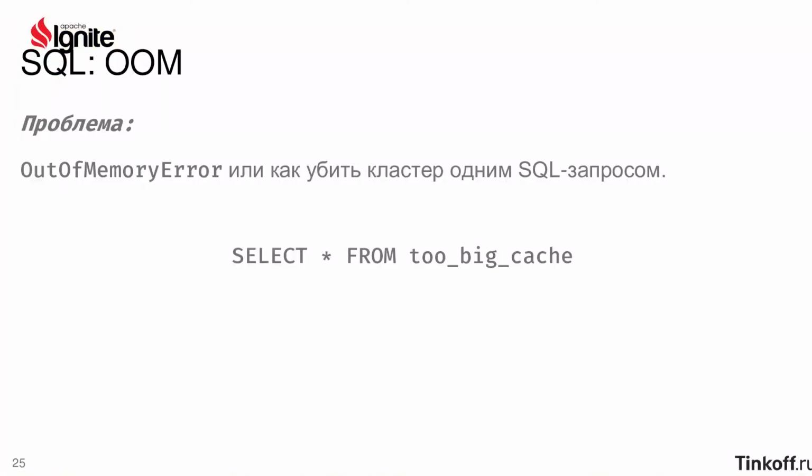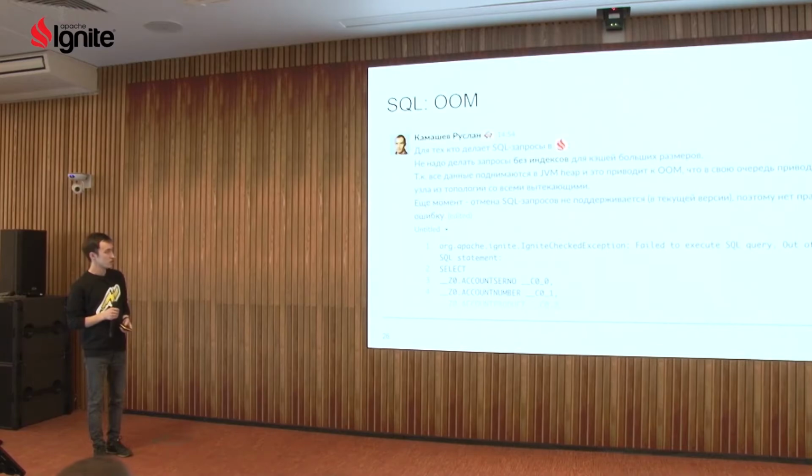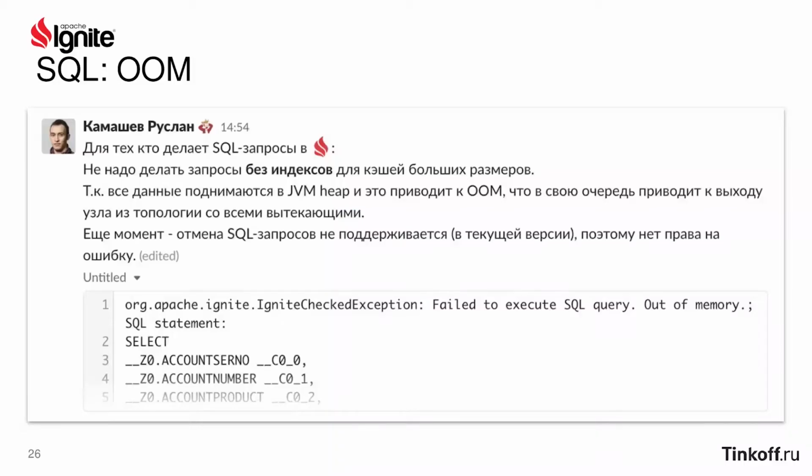The next point is when we were using SQL and we got out of memory. Why does it happen? If we execute queries on a large cache that doesn't fit on heap, out of memory occurs. As I said before, we provided access to the testing cluster to testers and analysts. They brought the cluster down from time to time. After a few restarts, I was tired of doing it. As a result, I have written some guidelines.